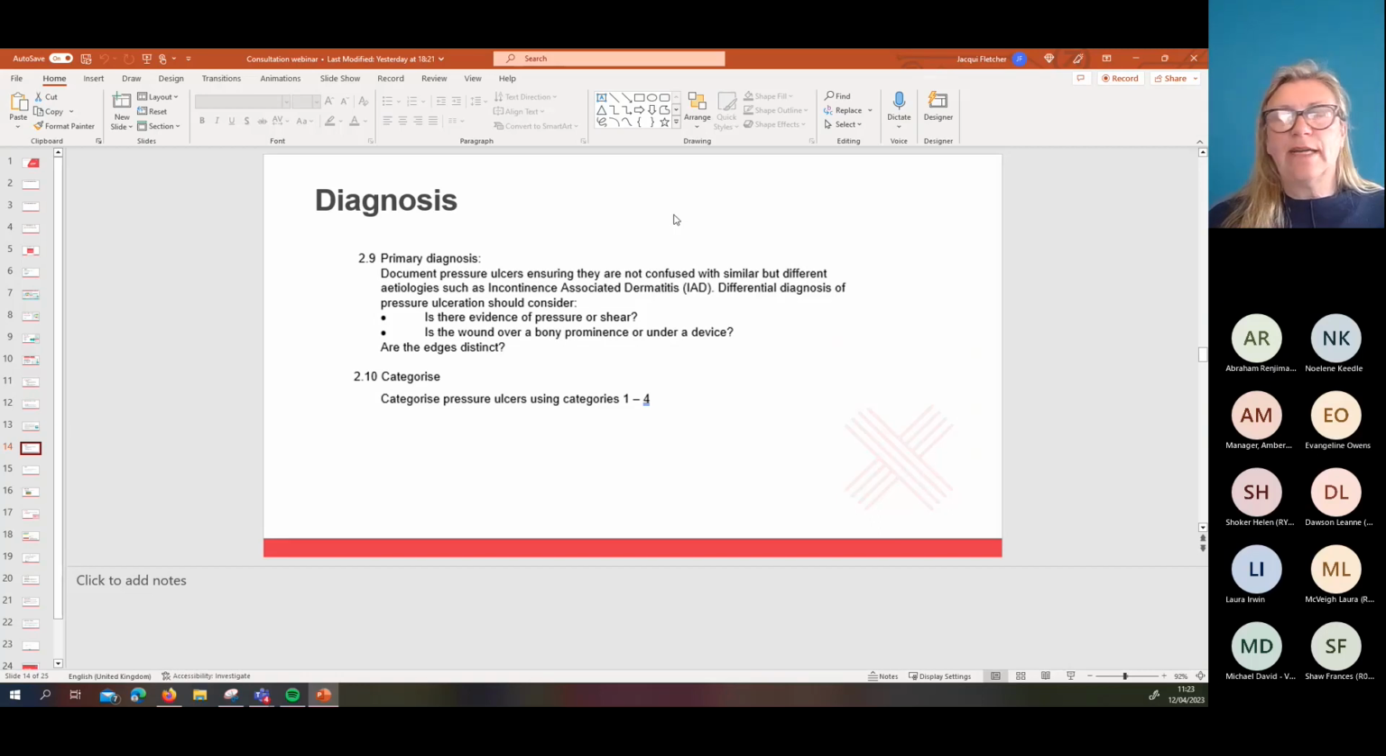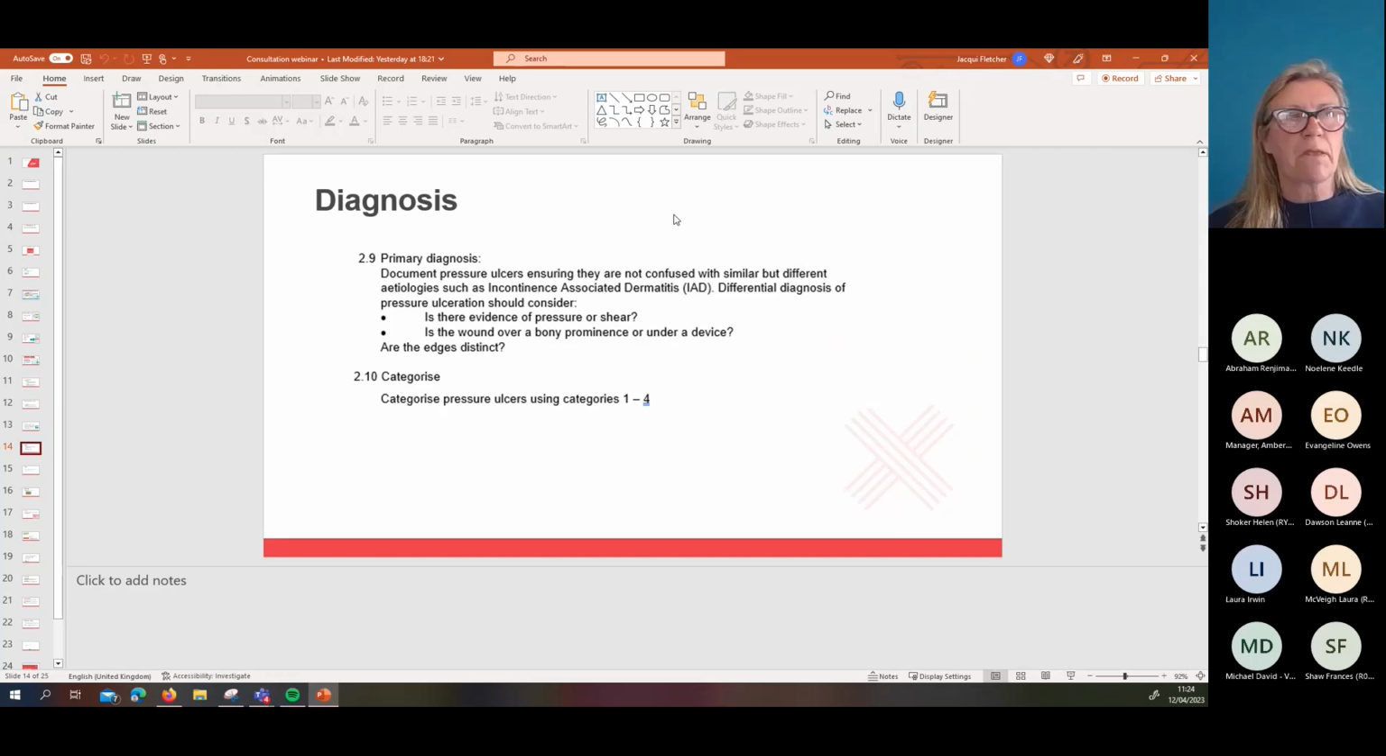The next part of the recommendations talks about making a diagnosis, having a primary diagnosis. Are you confident that this is a pressure ulcer and not something else? So we really want to focus on making sure that people aren't recording incontinence-associated dermatitis as pressure ulcers or bruises or anything else. They should be really clear that there is evidence of pressure or shear, that the wound is over a bony prominence, or it's under a device, or you can clearly see a picture of something causing that